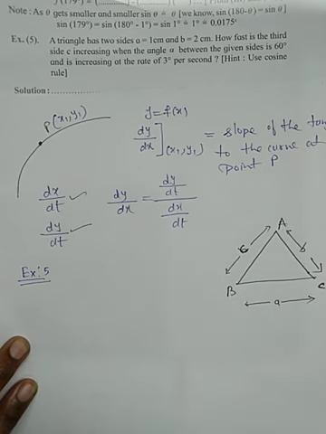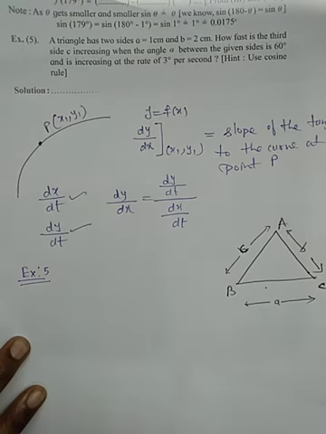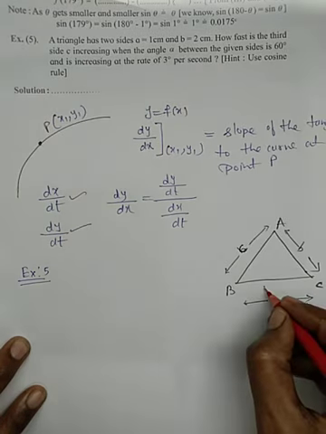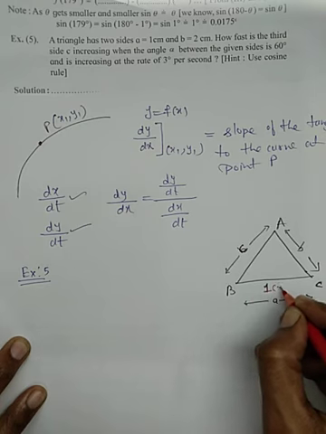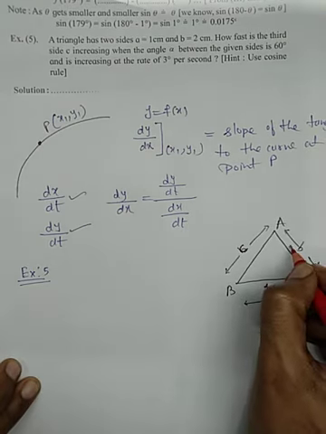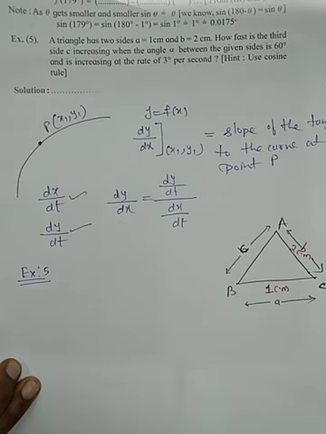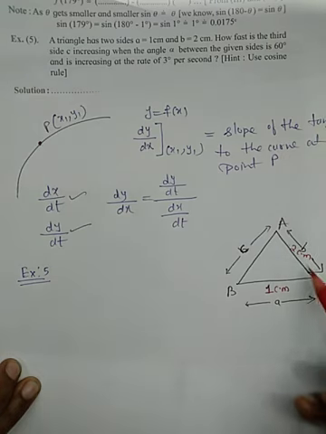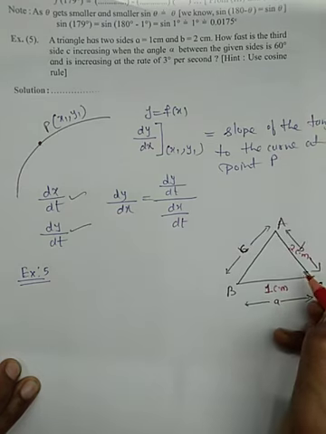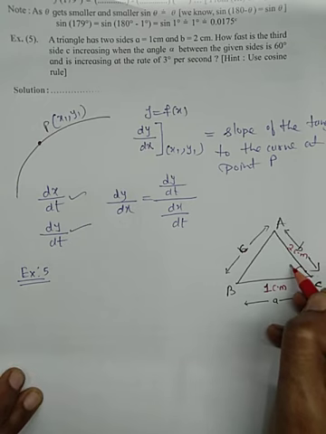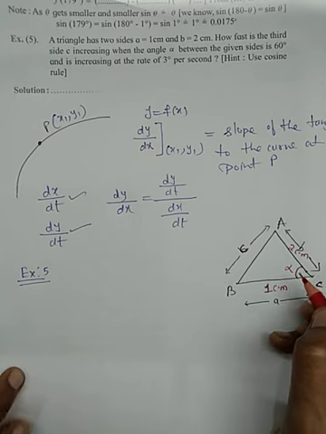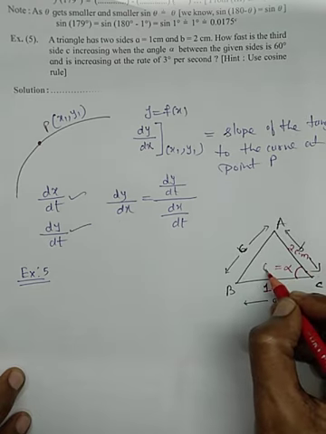Okay, now you are given A equals 1 centimeter. This you already know, this is 1 centimeter. B equals 2 centimeter, this side is 2 centimeter. We don't know C, and what else have they given? They have given the angle between these two sides. These two sides means what? The angle between side AC and side BC. That means they have given this angle as alpha. They are talking about this one, and this alpha is 60 degree.